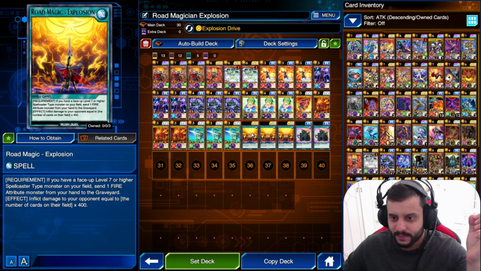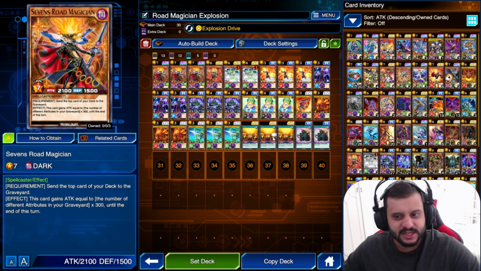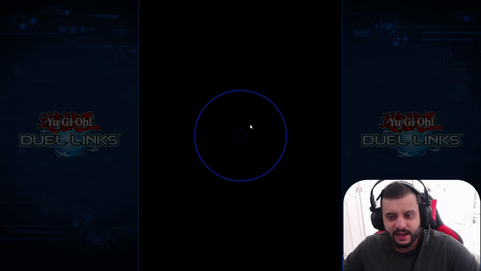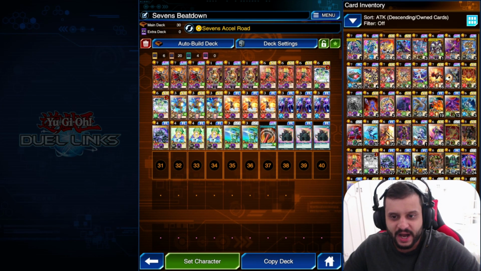This spell uses 2 cards to essentially do around 1000 to 2000 damage, right? But what if I just use a single card to do more damage when I have to attack? Because 7 Road Magician can beat down over everything. So in the end I dropped that for this, even if everyone is essentially playing Dragas with 7 Road